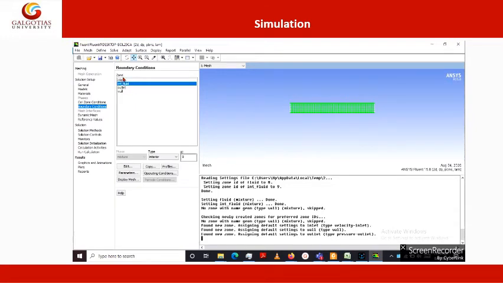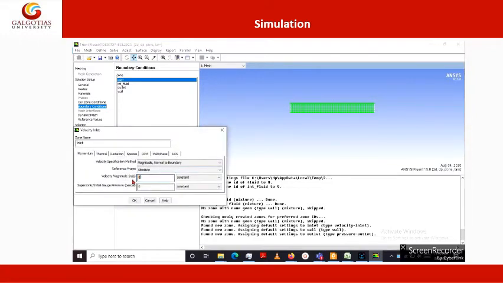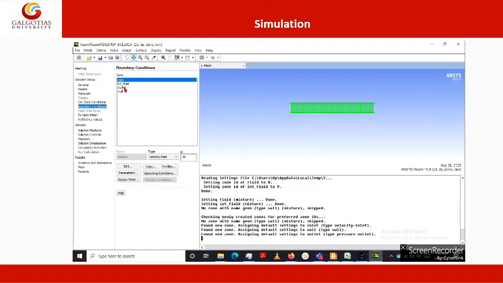So you can see the boundary conditions: inlet, outlet and wall. So go to the inlet, type is velocity inlet, we have given, edit it, provide the velocity as 1 meter per second, click OK. Interior fluid, leave it default.